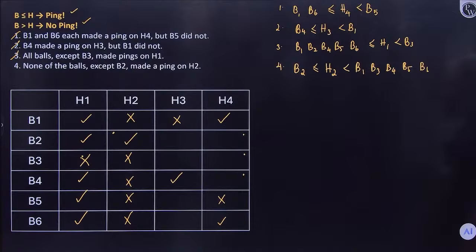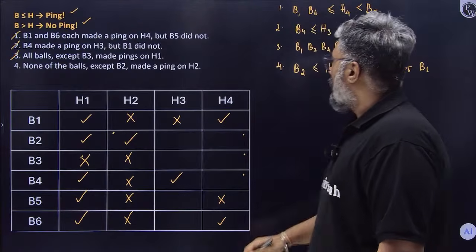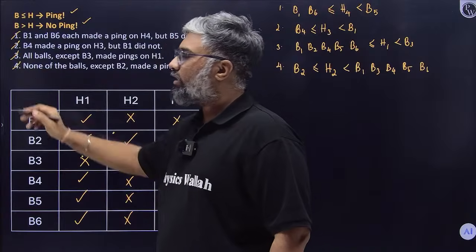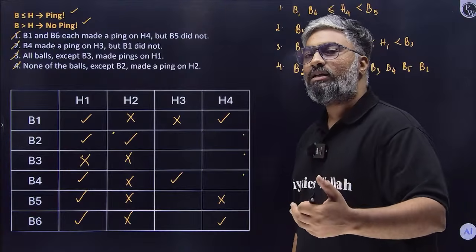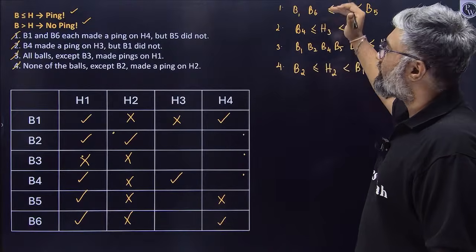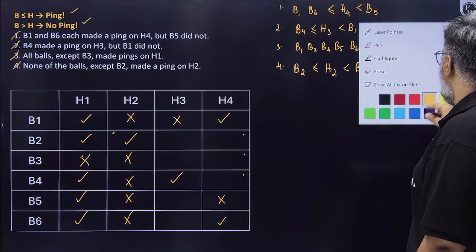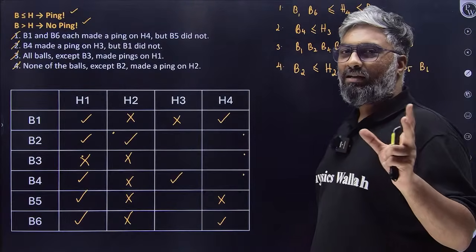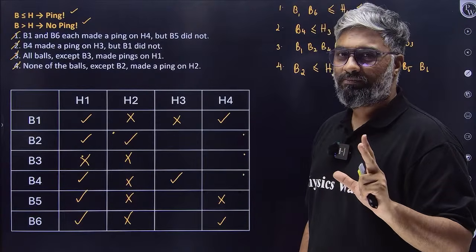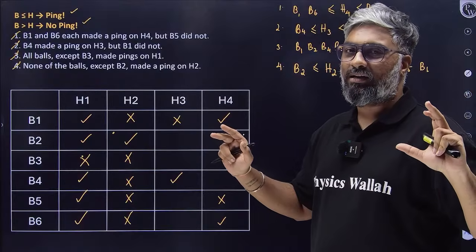Perfect. Is my table complete? No. But do I have all the conditions noted? Am I done with all the conditions? Yes. Now beyond this, we have to use our logic to understand what's happening. Since this is clearly working on inequalities, what can we do here? Can we start placing balls separately, hoops separately, and then try to combine them? We will be able to make the whole arrangement very clearer now, right?